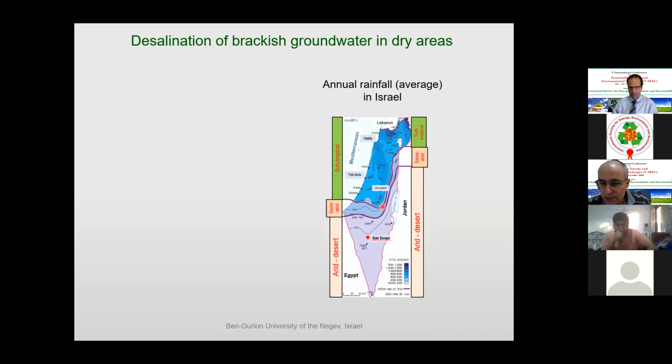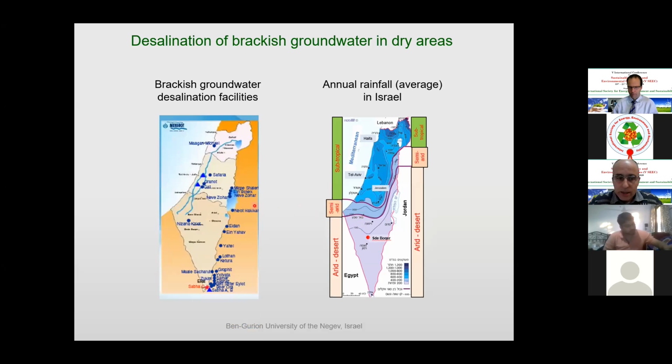You can see it is about 60% of the country. By the way, this is Sde Boker campus. This is our university campus. As Professor Singh mentioned, this is a campus located in the middle of the desert, and we specialize in desert studies among our current research. The main campus is located here.